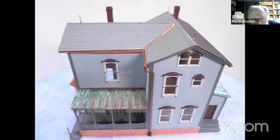Aging copper standing seam roofing. This is from Builders in Scale, which apparently is no longer, or temporarily until further notice, not selling anything, which is unfortunate because I would love to get more of this roofing material. I have lots of the aluminum and steel type roof, but the copper would be so much more fun to use. This effect was done with